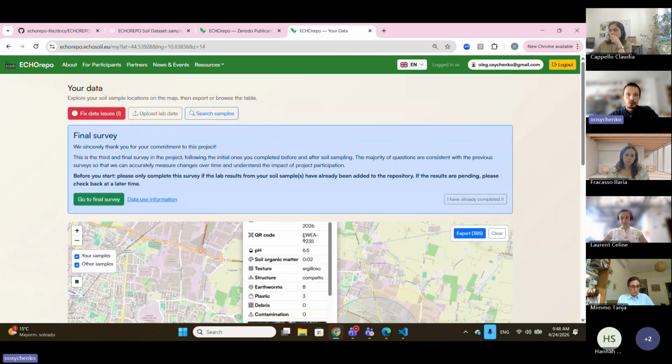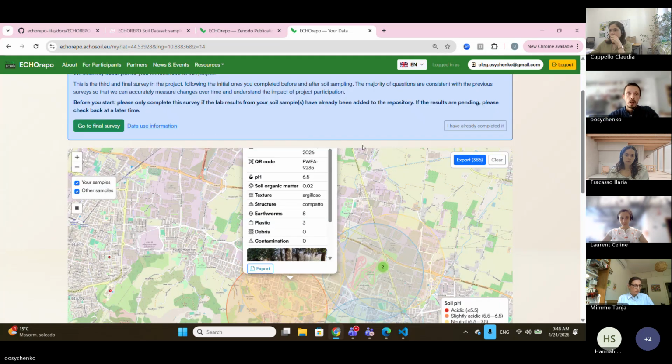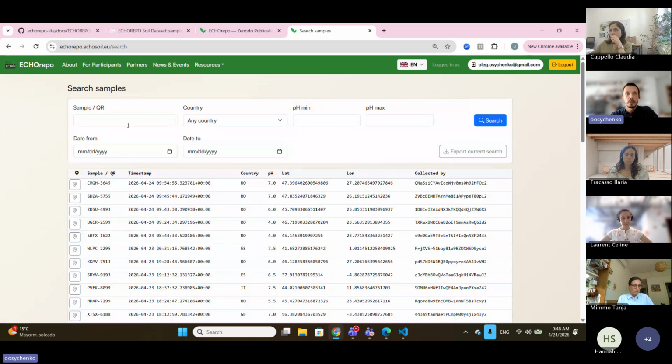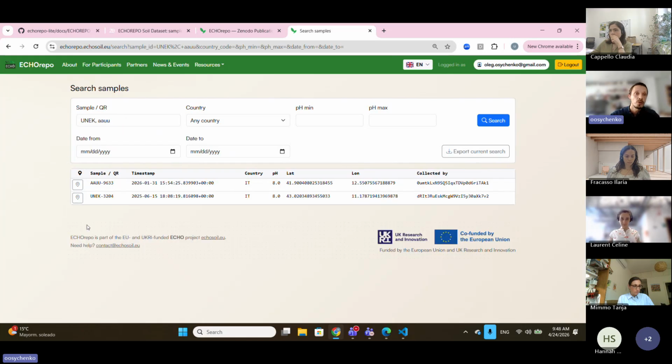So I showed you how this pop-up works. And now let's take a look at the search. In the search, you can perform a more granular selection of what you are interested in. For example, you might be interested in particular codes, or you might be interested in a particular country,